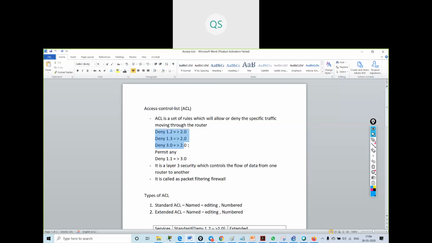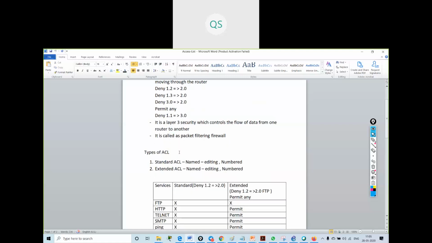These were some rules that we have configured in CCNA. It is a layer 3 security which controls the flow of data from one router to another. It is also called a packet filtering firewall.